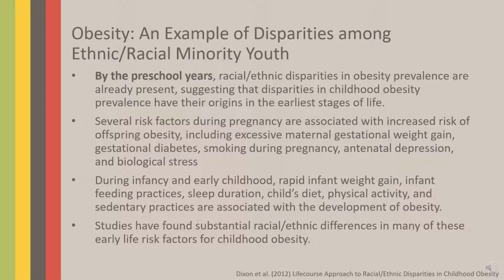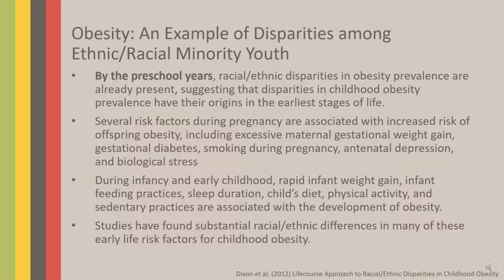So let's take a case study for a moment on something like obesity. We know that obesity is determined by many behavioral and environmental factors, including those which arise in the earliest years of childhood. Data from the United States shows that differences in pregnancy-related risk factors for child obesity differ across ethnic groups. In one national study, for instance, Black and Hispanic women were more likely than white women to begin their pregnancies already overweight or obese and gain less weight during pregnancy.